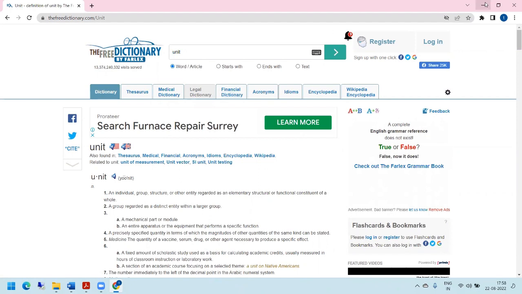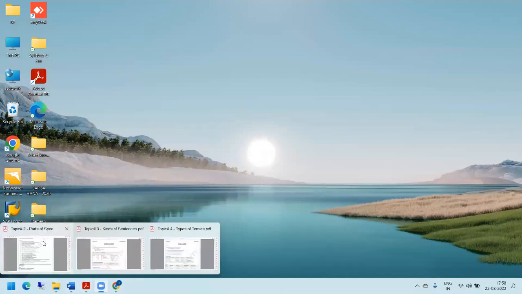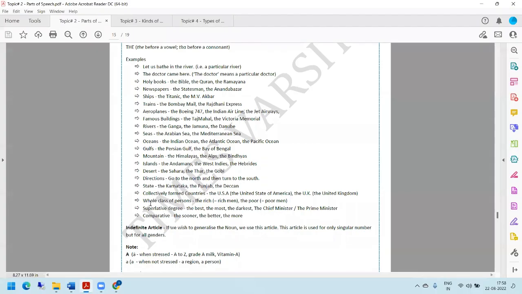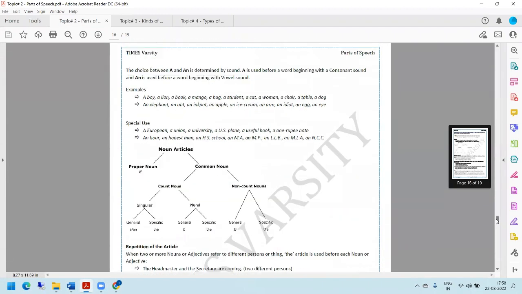So all this is part of the syllabus that we will be discussing one by one. Okay. And then similarly, whole class of persons, then superlative degree, comparative. With these, "the" is used. The is used, and it is a definite article. Now, if we talk about